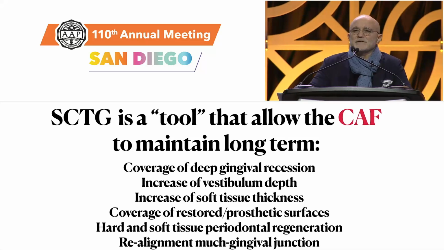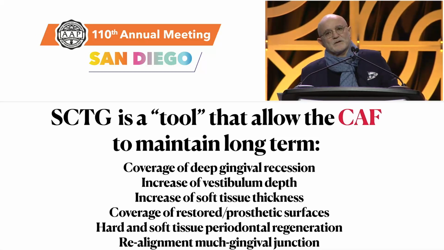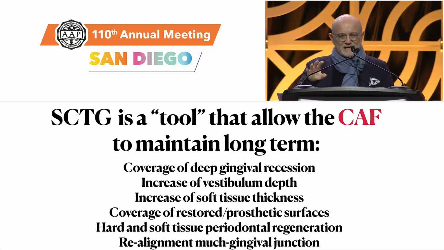So in this new scenario, the connective tissue graft is not anymore what we need to achieve root coverage, but it's something that we can achieve only with the use of the coronally advanced flap. The problem of the coronally advanced flap is that it cannot provide us long-term stability in this coverage of deep gingival recession, because when the mucogingival junction goes back, the soft tissue margin also can shrink, and so we need the